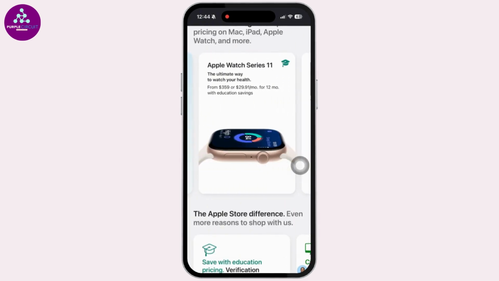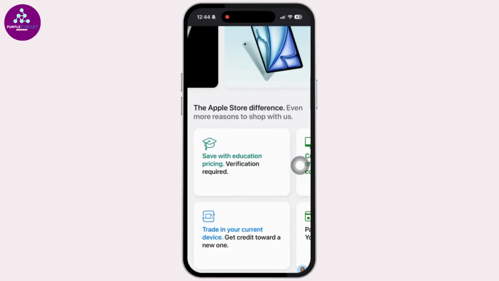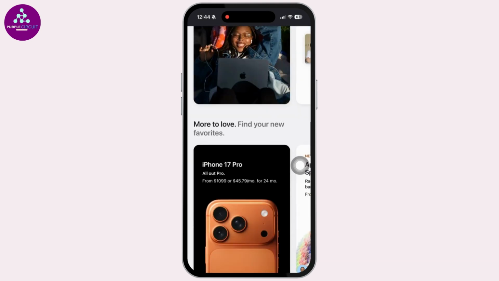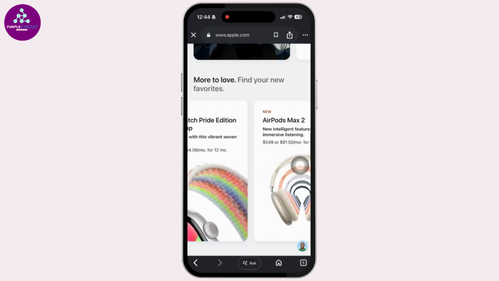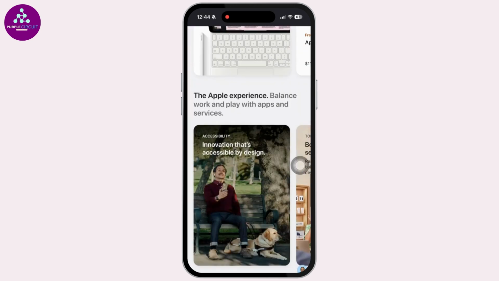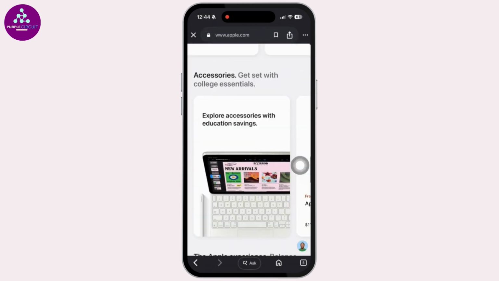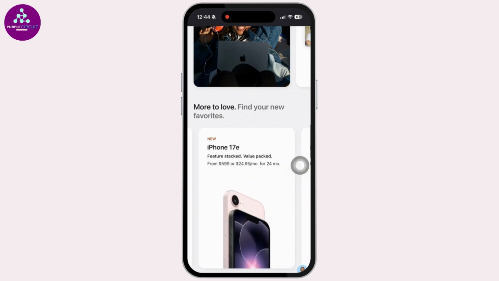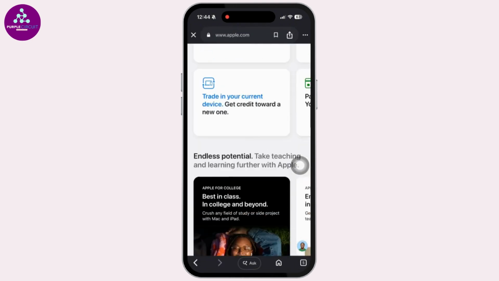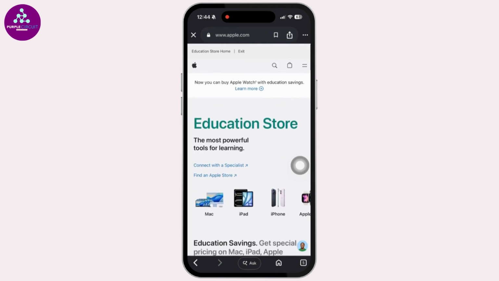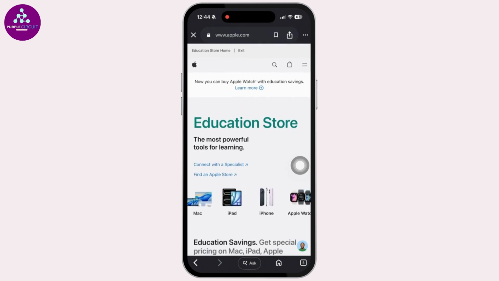Once you're over here, you're gonna find discounted pricing automatically applied to eligible products like MacBooks, iPads, accessories, and sometimes AppleCare+. Apple's education pricing is available for college students, newly accepted students, parents buying for students, teachers, and school staff. In many regions, Apple now requires verification through services like UniDays before you can access or purchase with